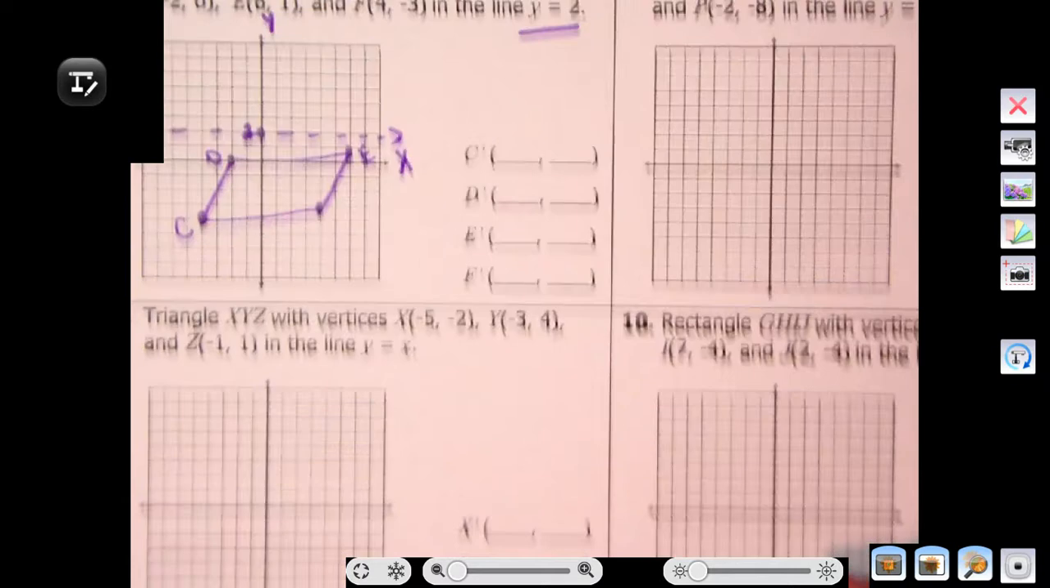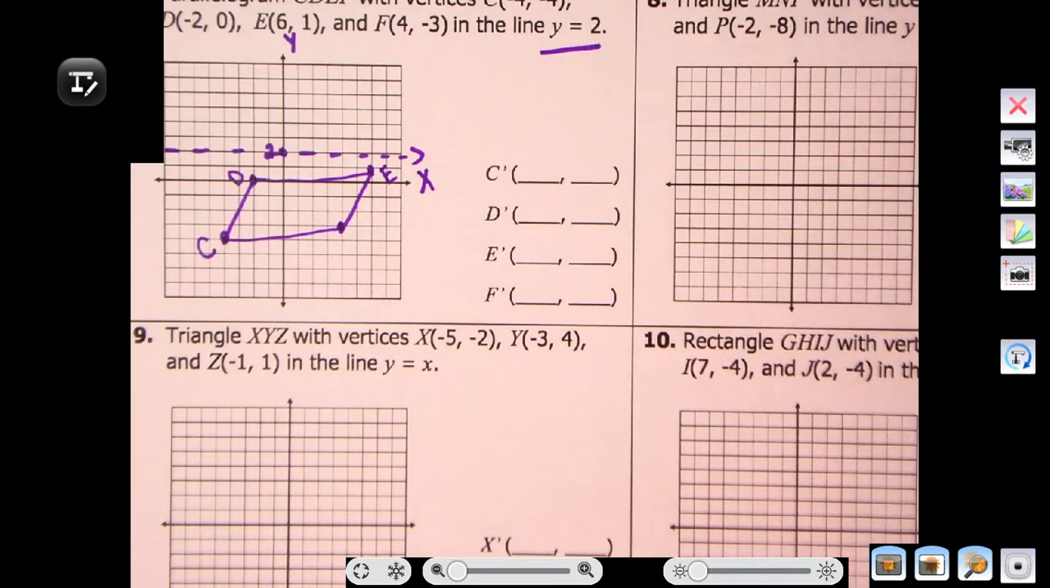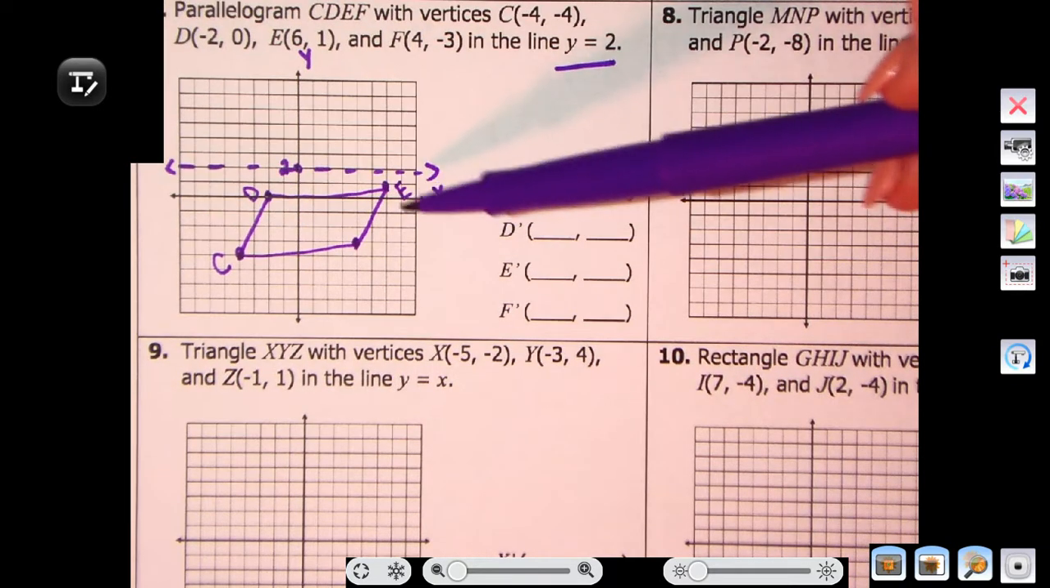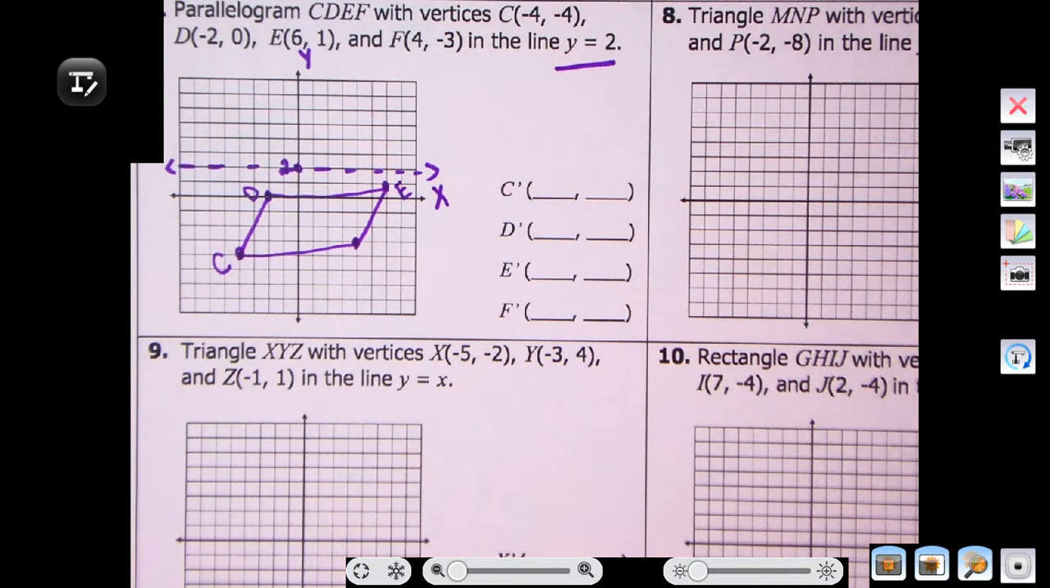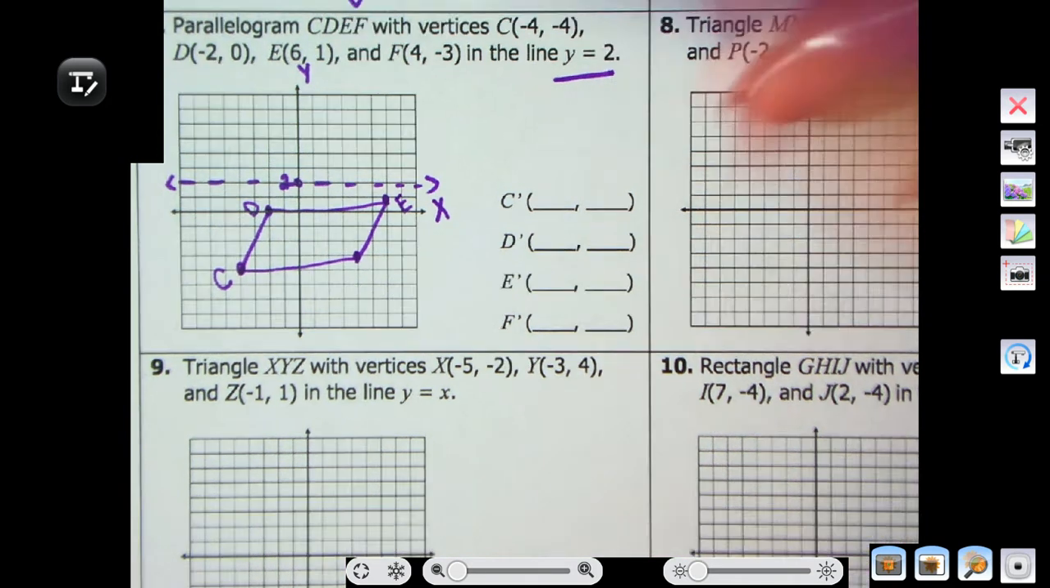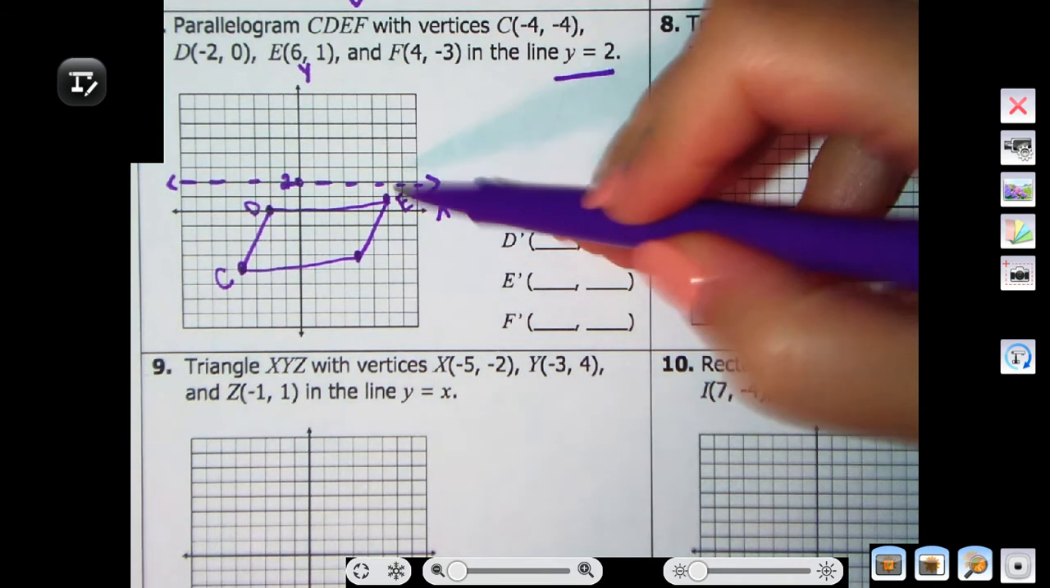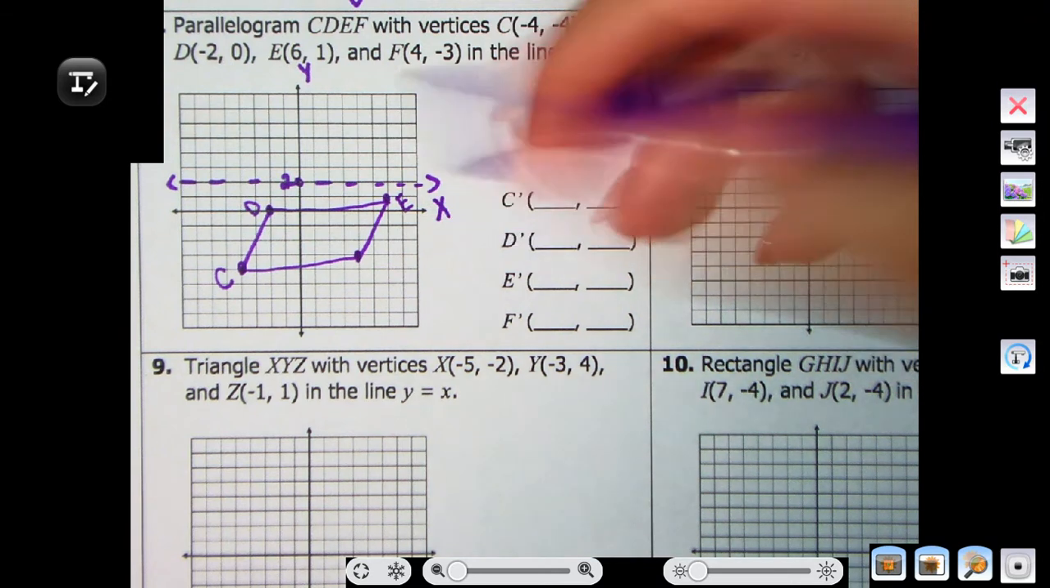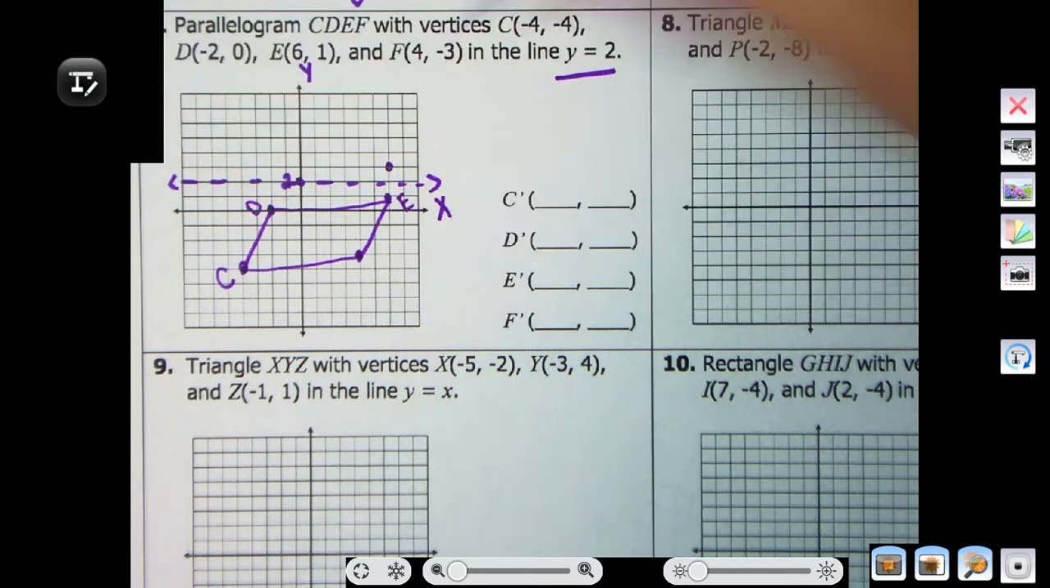And then I'm going to reflect each one. So now I'm reflecting it over this line here. So remember, same distance from the line. So let me start with point E here. I see that point E is 1 unit from that line of reflection. So I'm going to put it 1 unit on that